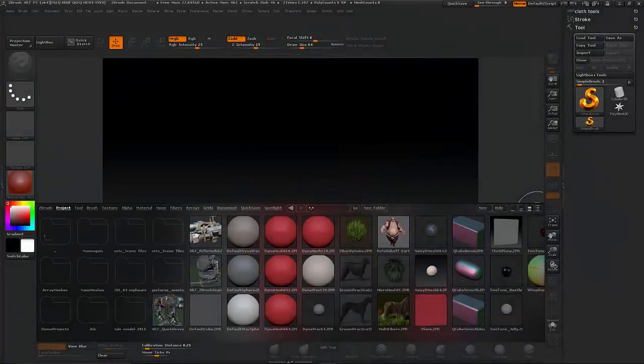This is how ZBrush looks when you first open it up. I'm in ZBrush 4R7, and to many new users it may seem a little overwhelming looking at all of the subpalettes and all the options that you see right in front of you. But I want you to bear in mind that what you're looking at here is everything pretty much in one